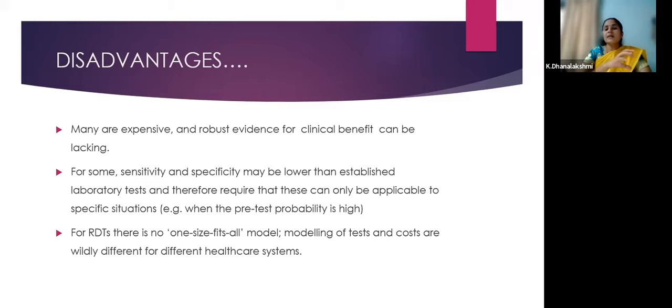The other example is COVID-19 antigen testing. It is applicable only when the pre-test probability is high. For example, if there is an ongoing pandemic, you screen them, and then it can be used. If the cases are coming down, when the pre-test probability of the test being positive is very low, then in that scenario we should not be using that test. So you should know when to test and what population to apply it to.